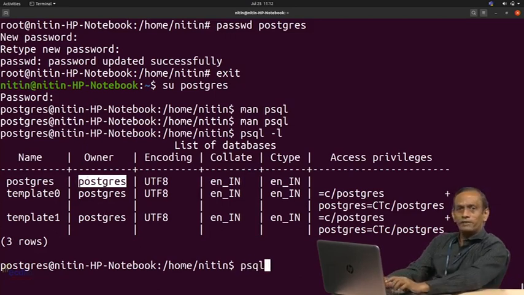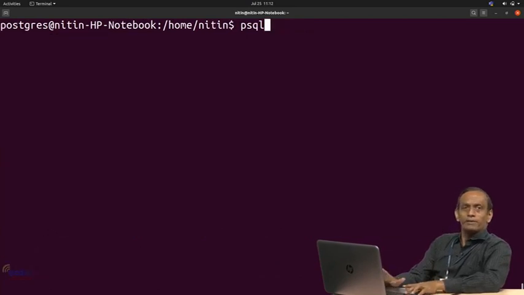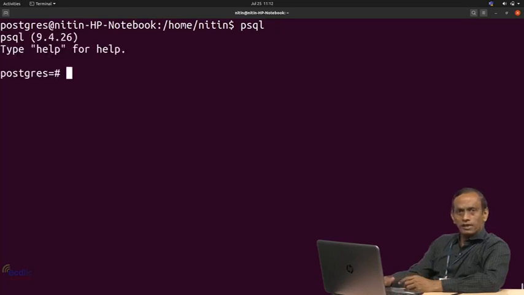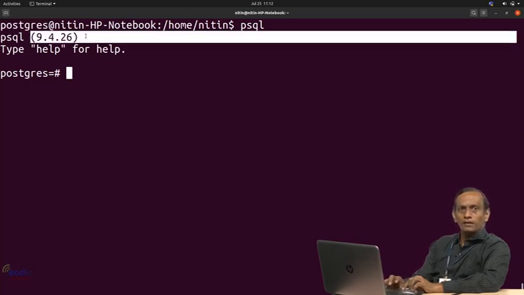Whenever I have to log in with any of these databases, I will first write PSQL. Now, whenever I write PSQL and I do not specify any option, it assumes that the user that you logged in, for example here we logged in with the username Postgres, has a database named as your username, for example Postgres. So, if I write PSQL, it will log in with the Postgres database. One can see here we are using a particular PSQL client version, 9.4.26.